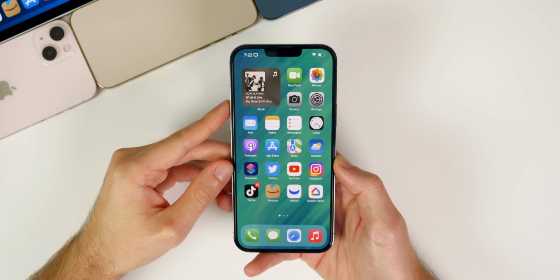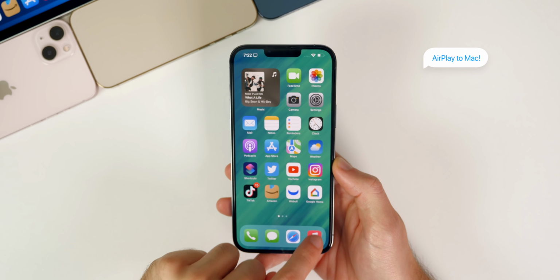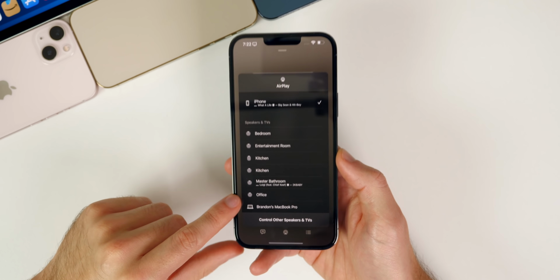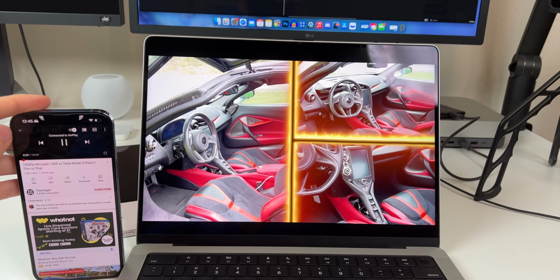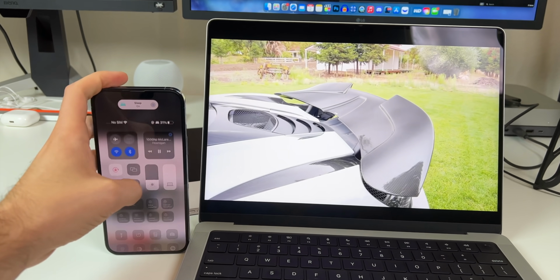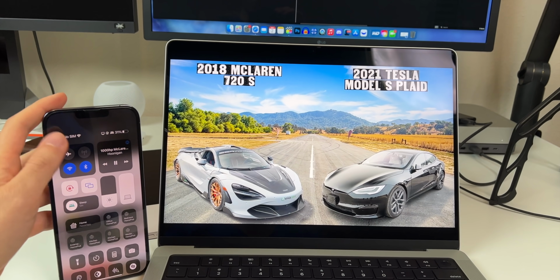Another cool little feature here in iOS 15 is that you can now AirPlay to your Mac. So if you're on macOS Monterey and iOS 15, if you go to the AirPlay menu, you will see that your Mac will now show up there because it can act as an external monitor pretty much, or an AirPlay 2 speaker. So if I wanted to play this music on my MacBook Pro, I could do that now via